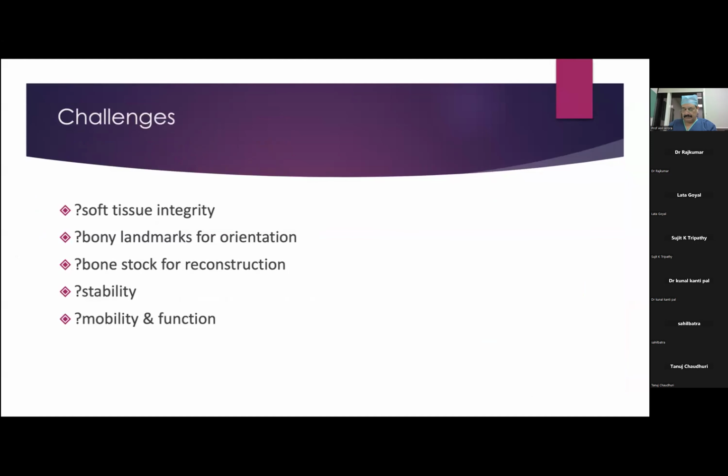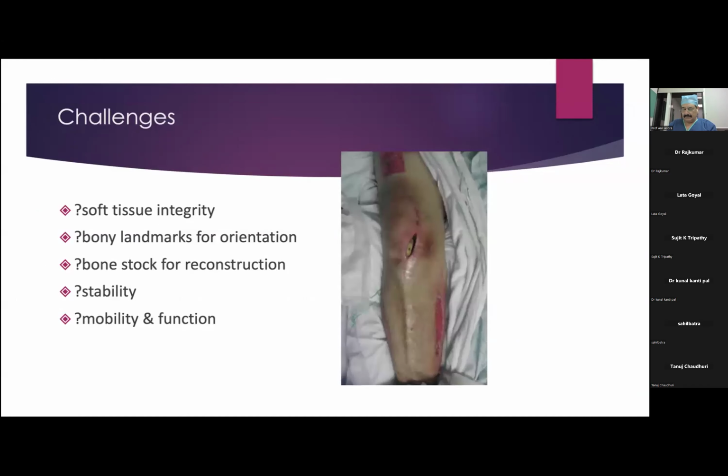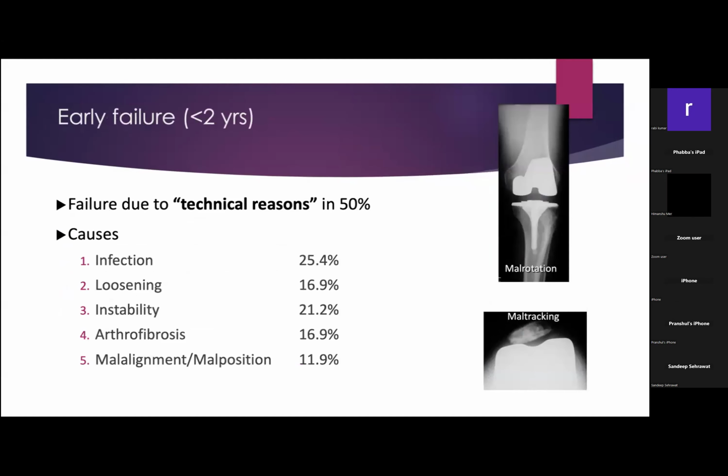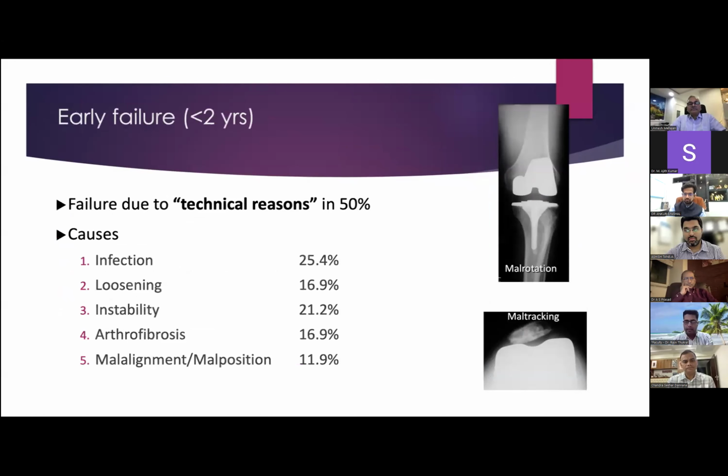So the challenges are many. There's a problem of soft tissues. There is a problem of orientation of bony landmarks. We need to somehow get bone stock back for reconstruction, and then we have to make sure we have good stability, mobility, and function. Early failure in most studies has been shown to be because of technical reasons, apart from